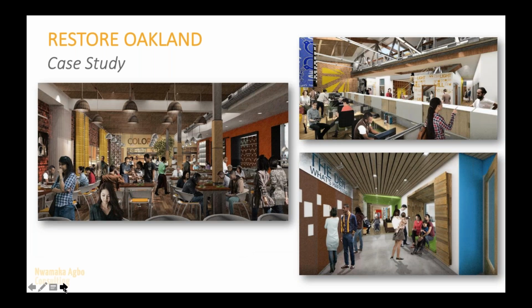On the ground floor is where we will have our restaurant training program. The restaurant will function as a fully functioning restaurant. Restaurant Opportunities Centers United runs restaurants in New York, Michigan, and now in Oakland, when the restaurant opens this September. But it also uses the restaurant industry as an opportunity to train people to get good quality jobs in the restaurant industry, and then helps to place workers that graduate from their program into other high-wage restaurants that are also committed to providing good quality jobs to their workers.